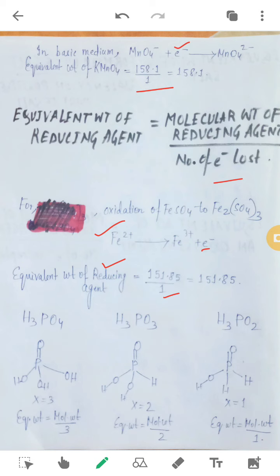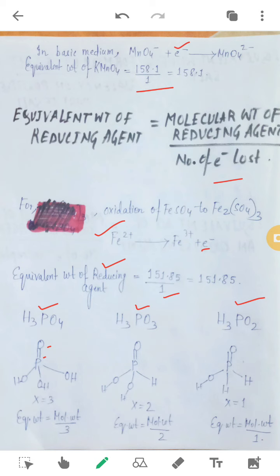Another thing is, in the case of acids, equivalent weight can also depend on the structures, like for example H3PO4, H3PO3, H3PO2. As we know, it depends upon the basicity. The basicity is the number of furnishable H+ ions, so for that you have to make the structure. For H3PO4 I have made it with phosphorus double bonded with oxygen always.